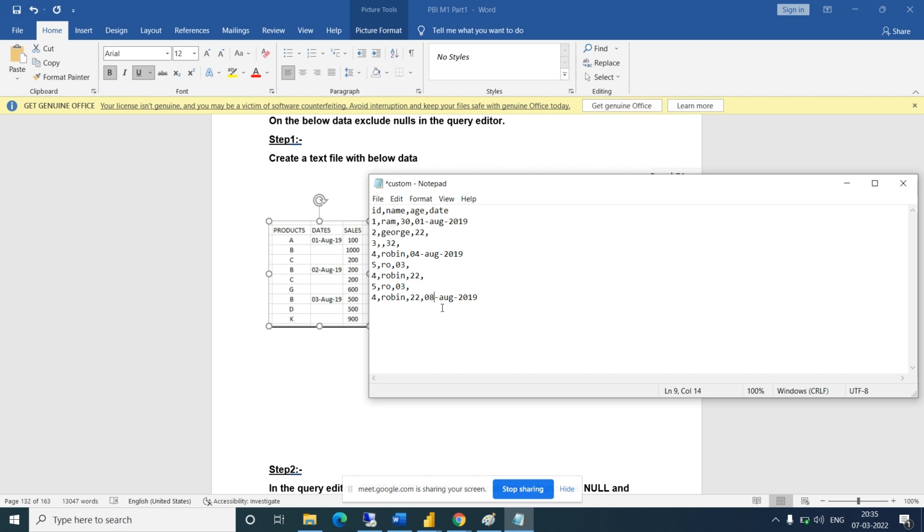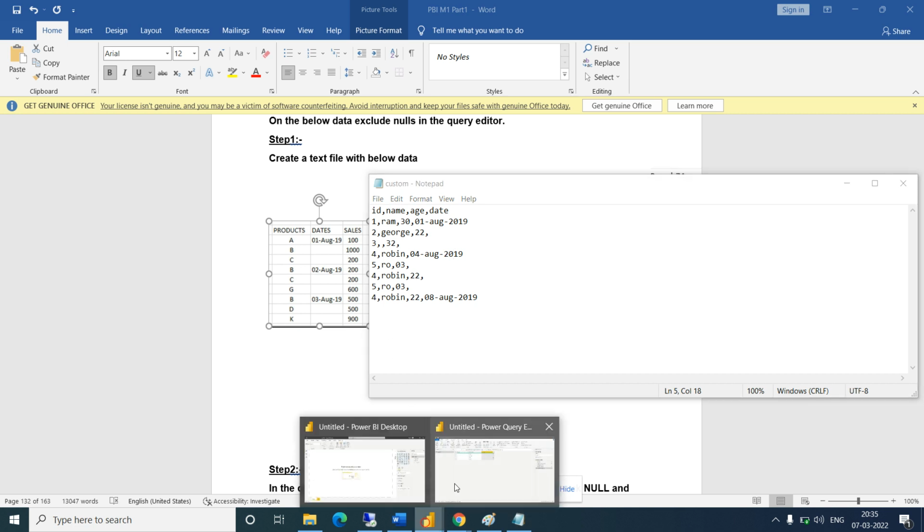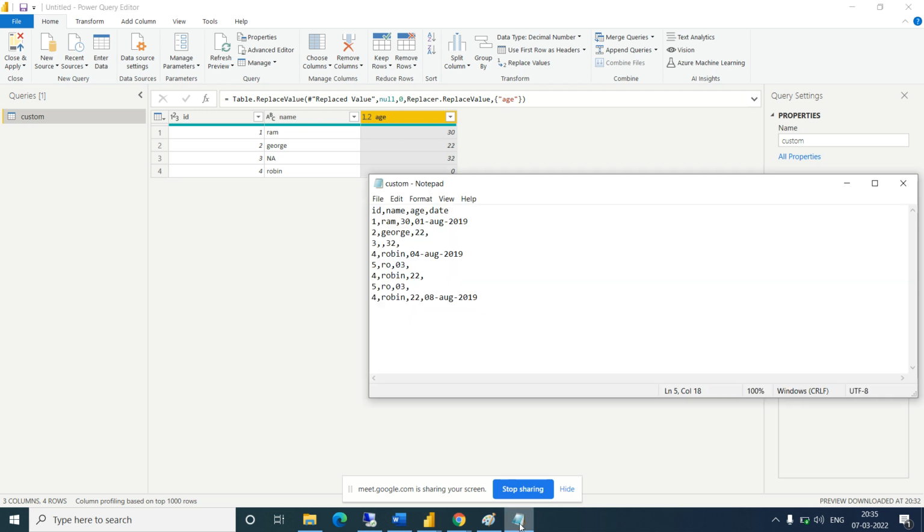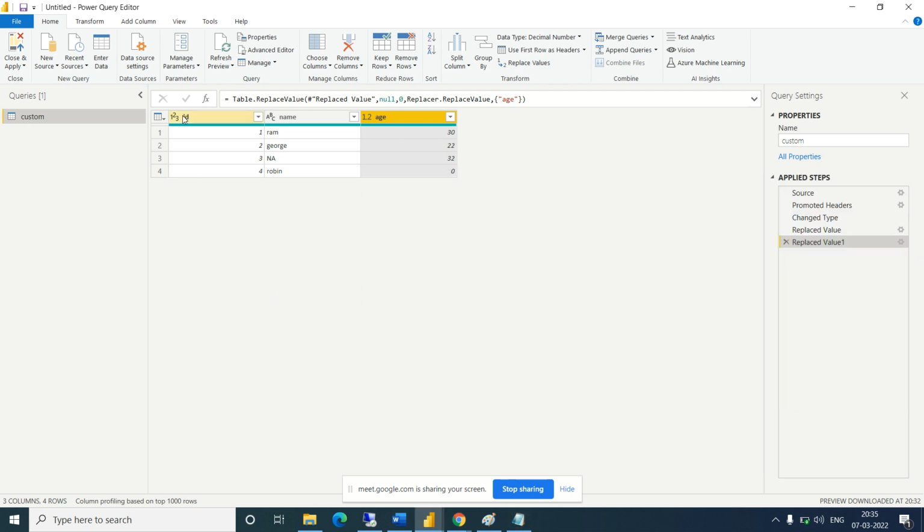In the data set you can see in the date field there is some data missing, so let me just save this and refresh the data in Power BI. So how to refresh the data? If we get new data in the data set, how to refresh it in Power BI? There is a refresh button: Refresh Preview or Refresh All. Refresh All is for all data sets and Refresh Preview is for the current one. Just clicking on Refresh Preview.